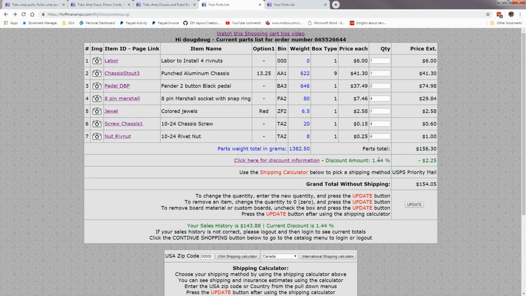But you don't have to apply it. When you finally check out, you can decide, no, I'm going to save up to get a higher percentage. You can get a maximum of 10% discount, and then everything after that carries forward. So say you had actually enough to do a 20% discount. You could only use 10 on this, and you would have 10% left over for your next order. So that's what that is there.